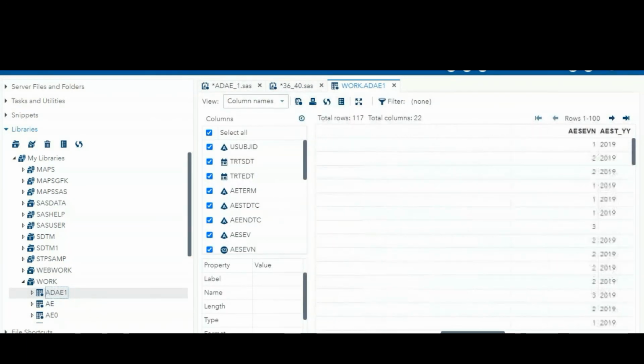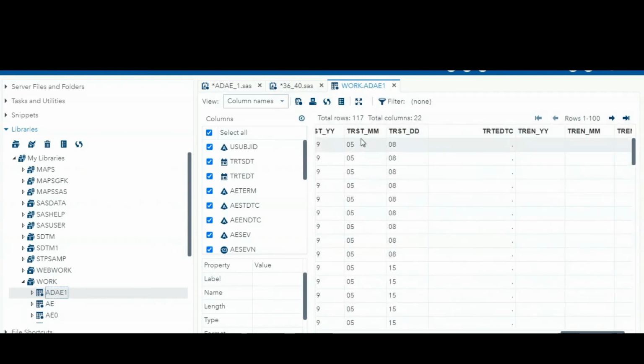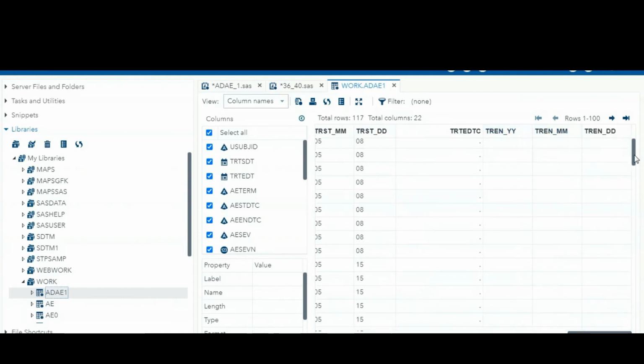Here you can see the year part, month part, and day part of AE start, year part, month part, day part of AE end, treatment start year, start month, start day, and treatment end year, end month, and end day.